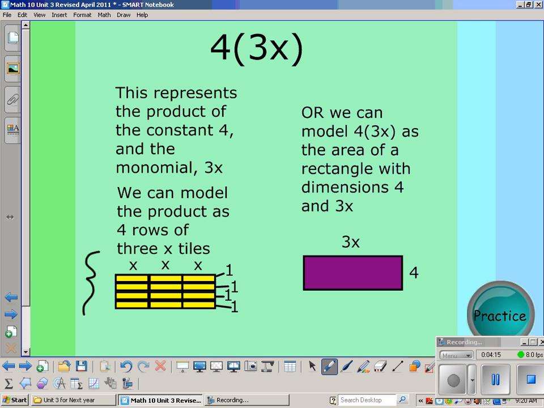All right, and now if you count all of these up, 1, 2, 3, 4, 5, 6, 7, 8, 9, 10, 11, 12. There are 12x tiles. 4 times 3 is 12, and the variable remains. Or you can model this as the area of a rectangle, and the dimensions are 4 and 3x. And so when you do area, you're multiplying, and therefore it is represented by an area of 12